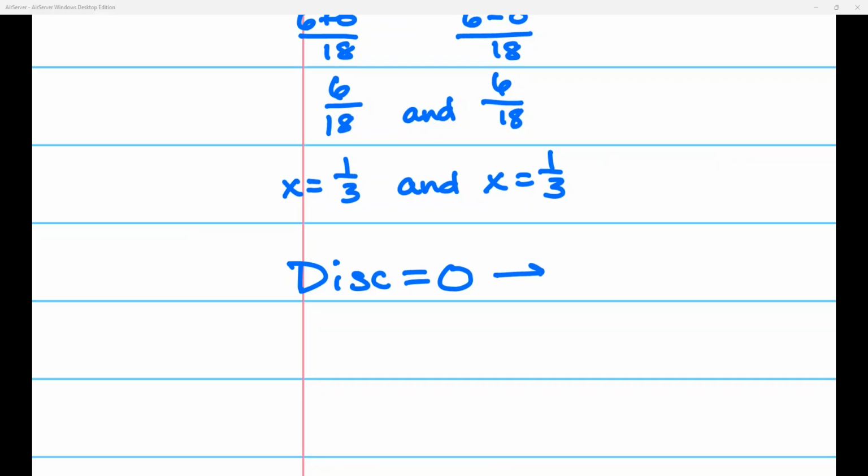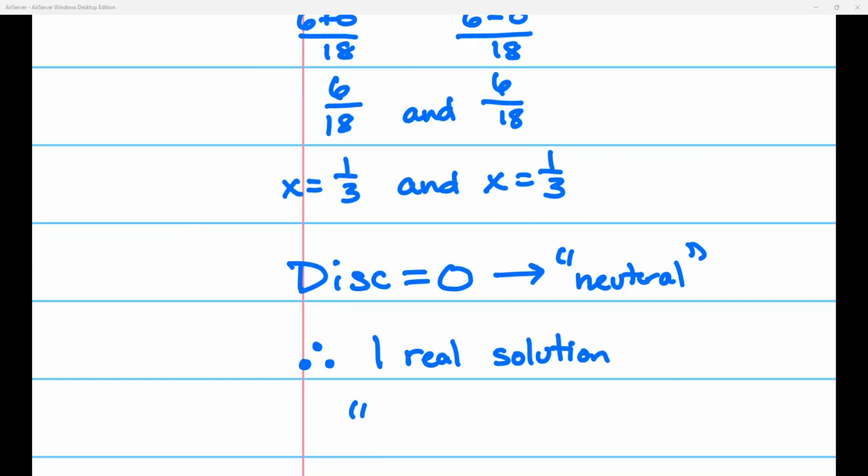Which means 0 is not positive and it is not negative. It is neutral. And whenever you get a neutral number, which would be 0 in the discriminant, then that means you get one real solution. And just for your reference, we call this a double root